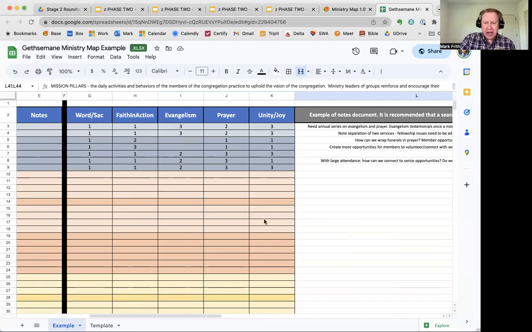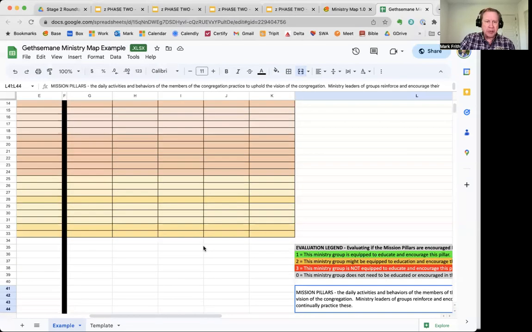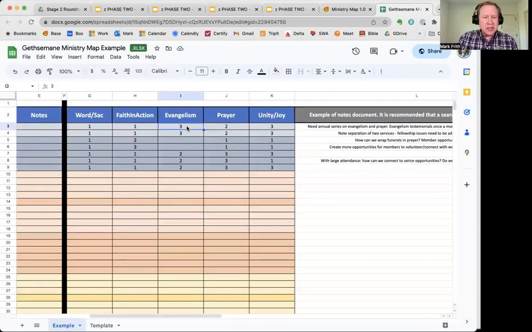And so a 1 here means, if we scroll down, this ministry group, Pastor Pato, is equipped to educate and encourage people to be practicing this pillar of daily prayer or daily being in the word and praying together: family devotions, couple devotions, or individual devotions. So putting a 1 here means, hey, this group, very easy to do that. In terms of evangelism,